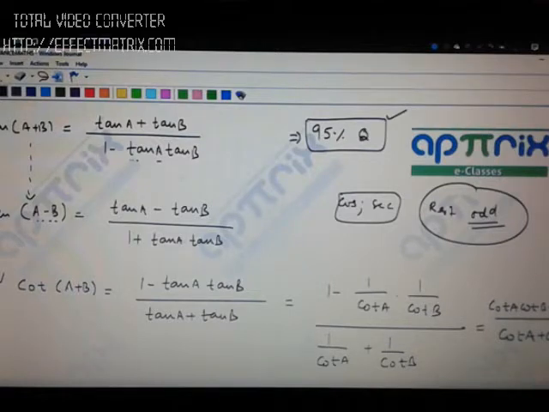So similar expressions came in tan A plus B. Actually, tan A plus tan B was in the numerator, while here cot A plus cot B is in the denominator, and this is cot A cot B minus 1 divided by cot A plus cot B. Now if I ask you immediately to write for me cot A minus B,